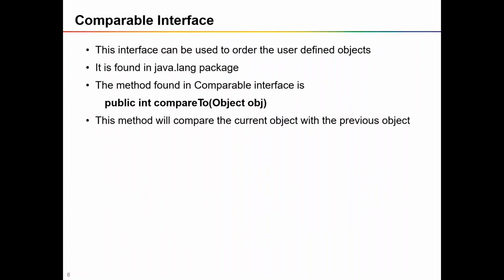So how does the TreeSet perform sorting? Inside the TreeSet class, it also implements an interface known as the Comparable interface. The Comparable interface has a method compareTo. This compareTo method performs the comparison of two elements inside the collection to perform sorting. The return type is integer, and the compareTo method takes one object as an argument, right?